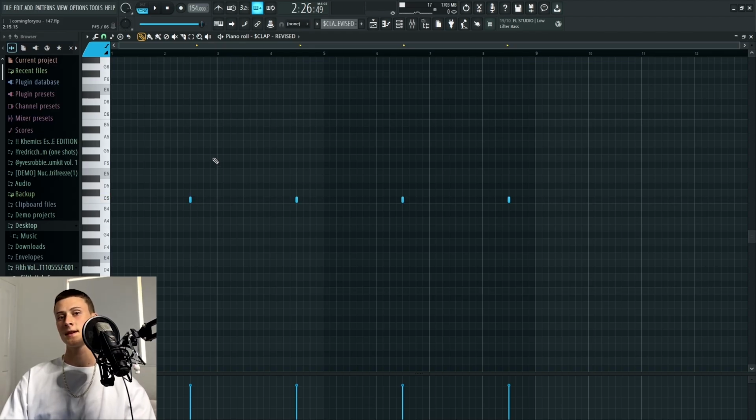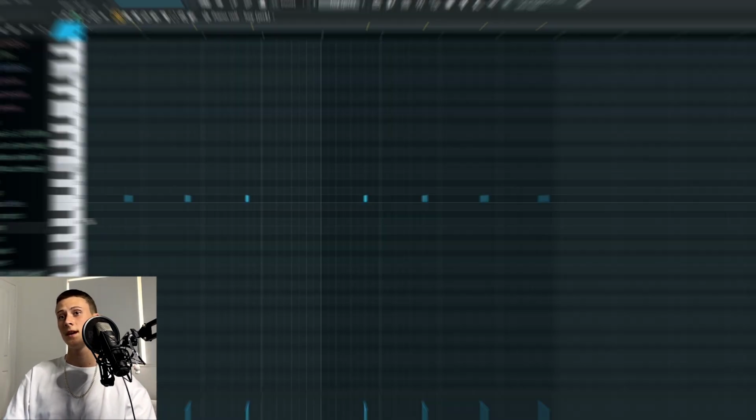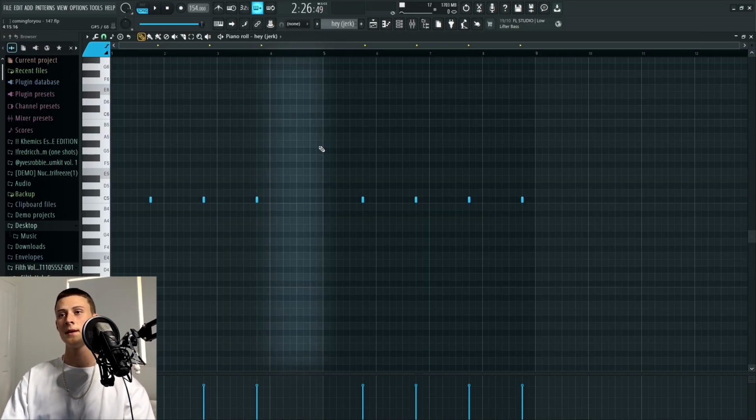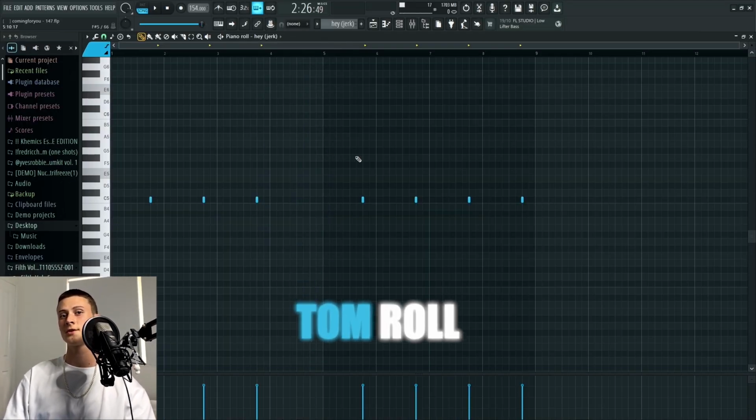I really like the way the snare sounds, but I didn't want to put it on every single bar because I feel like it needed some more variation. So I alternated between both snares. Next, I just got a Vox and I put it on the 4th beat of every bar, excluding the 4th bar. I removed it from the 4th bar just so I could add in the tom roll later